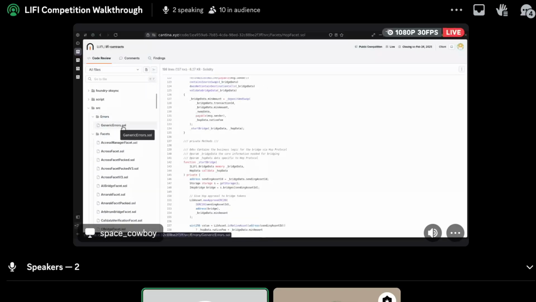These errors, it's just custom errors. It's just a file full of custom errors that we reuse all over the place. That's basically the gist of our